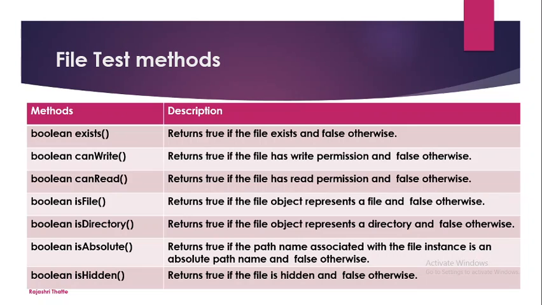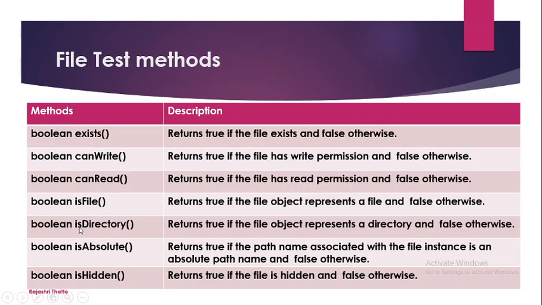As I know, abc.txt has the extension txt. An extension is always associated with a file, not with a directory. So as a response to this, I will get a return value of true, because abc.txt is really a file. If it is really a file, it returns true, otherwise it returns false. It means if it is not a file, meaning it is a directory, then it will be false for the isFile method.